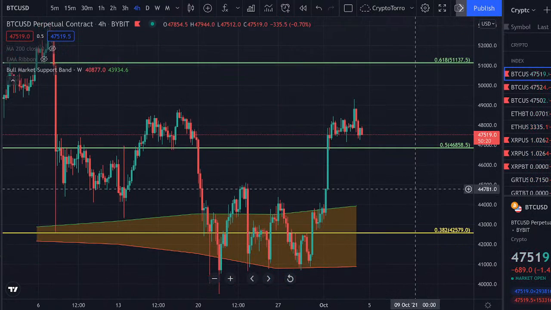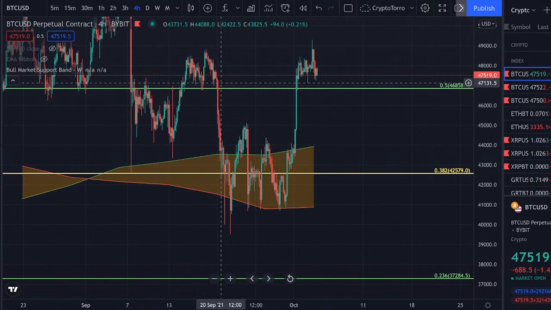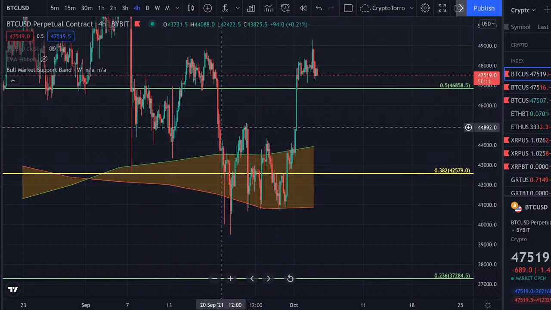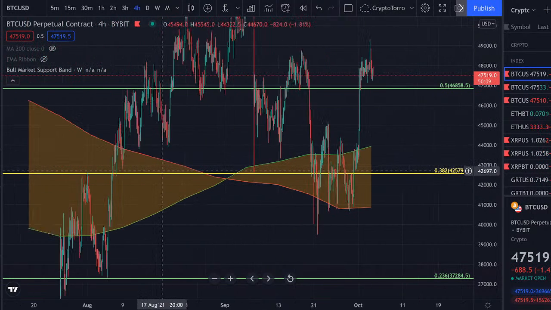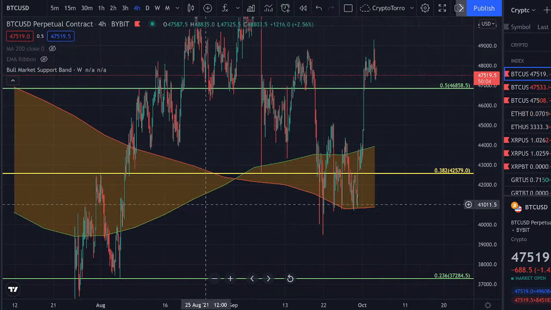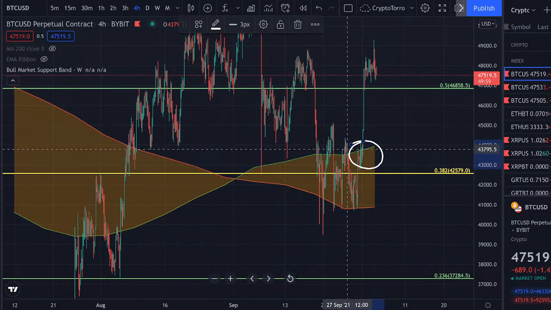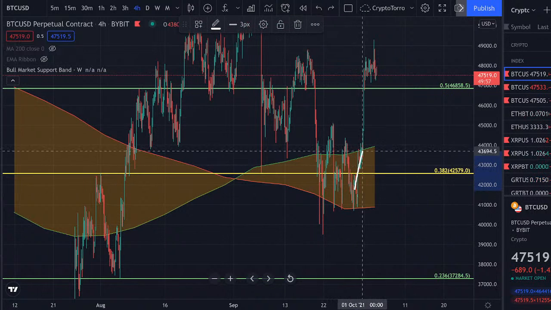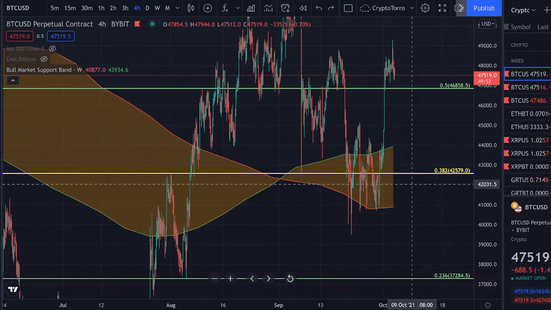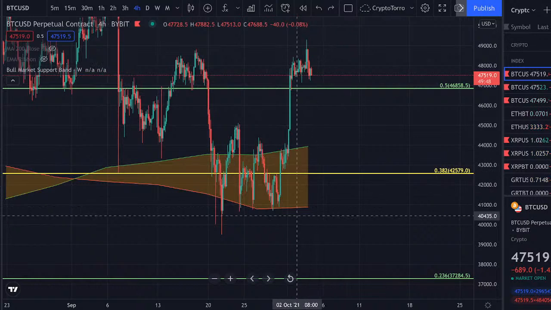So the bull market support band is something I discussed previously during my videos. I personally said that if we were able to break out above the bull market support band, that we were going to see a major increase. That is exactly what occurred. We experienced a crossover, and we are right now seeing an increase once more. But right now you can clearly see that previously the bull market support band will be supporting us once more,